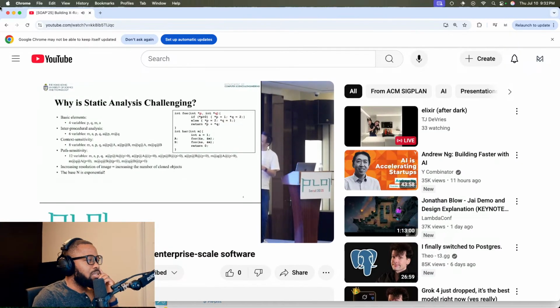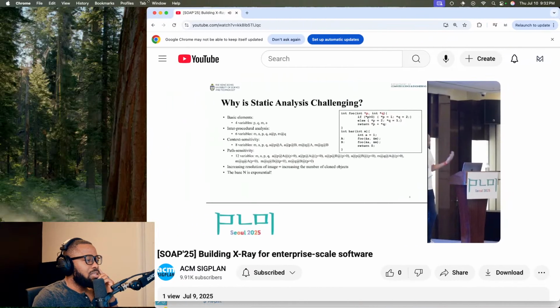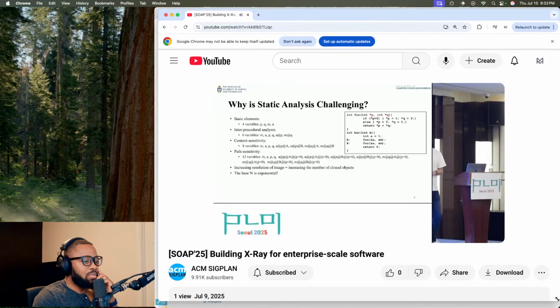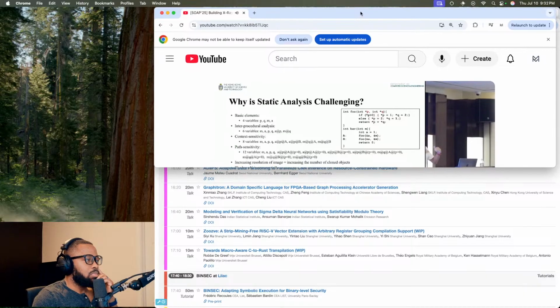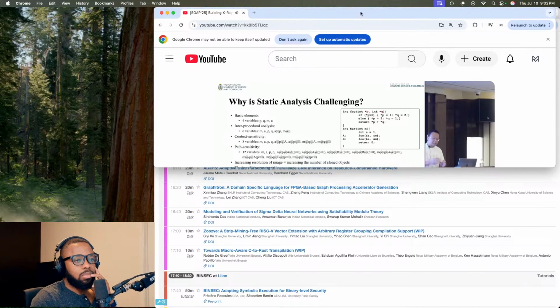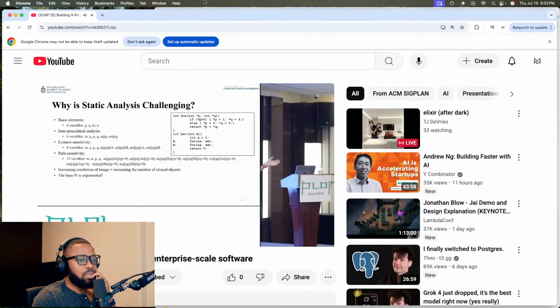But if we consider where the function is called, the function can be called multiple times. This is what we refer to as context sensitive. We actually have to double the size of the variables that we need to look at. Okay? So it depends on where the location is. The variables take different values. Then we take paths into consideration. Right? Paths means all these if-else branches. If we take those into consideration, we double the number of variables.